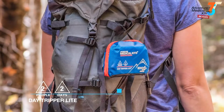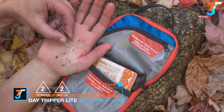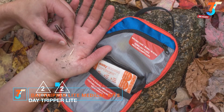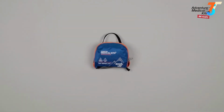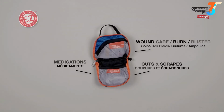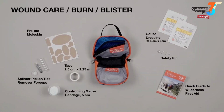The Day Tripper Lite is the ideal resource during a single day in the woods, whether you're exploring solo or with a friend, with just the right amount of first aid supplies to help your trip go smoothly. Inside the kit are semi-transparent pockets that are organized and labeled by injury in French and English, so you know exactly where to reach. The wound care pocket features a variety of wraps and bandages, plus pre-cut moleskins to treat